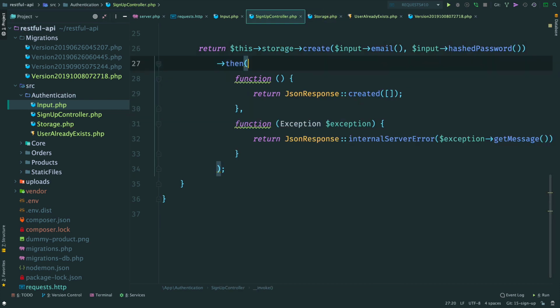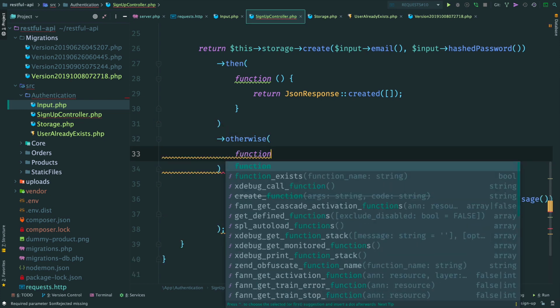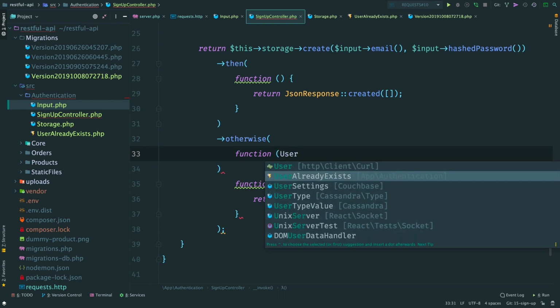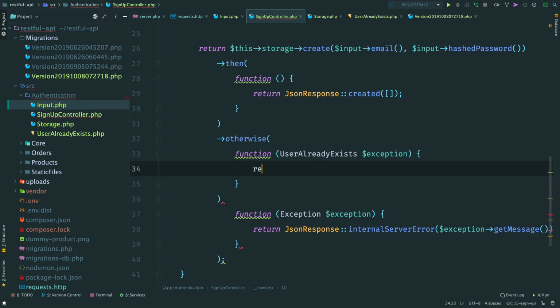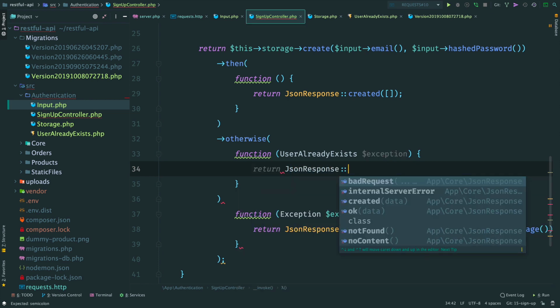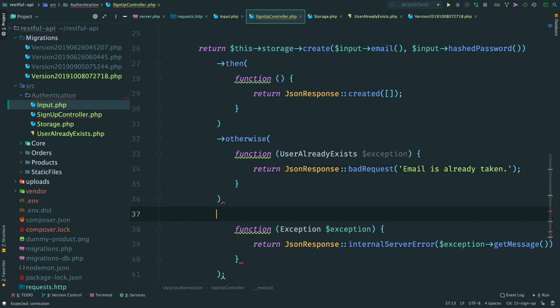Move back to the controller and add a handler for our new exception. UserAlreadyExists. Return a bad request in this case, saying that a provided email is already taken. Save it and let's see if it works.